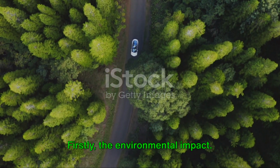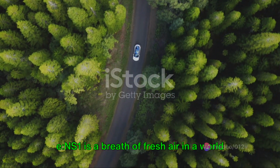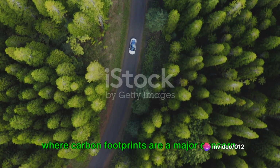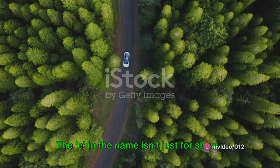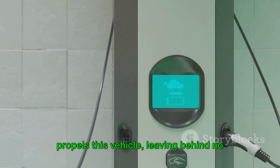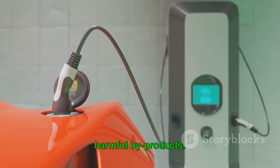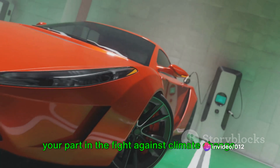Firstly, the environmental impact. As a zero-emission vehicle, the Honda e:NS1 is a breath of fresh air in a world where carbon footprints are a major concern. The E in the name isn't just for show. It signifies the electric power that propels this vehicle, leaving behind no harmful byproducts. This is a car that cares about the planet, and driving it means you're doing your part in the fight